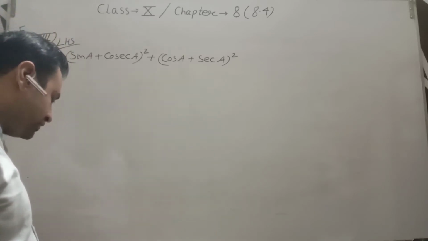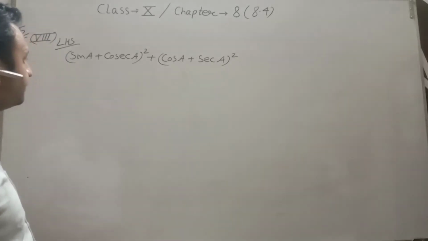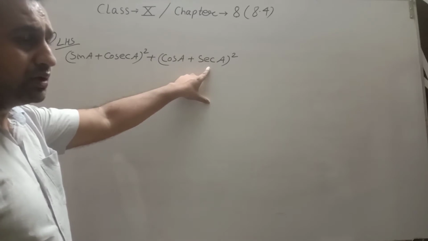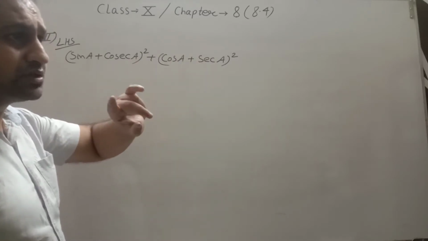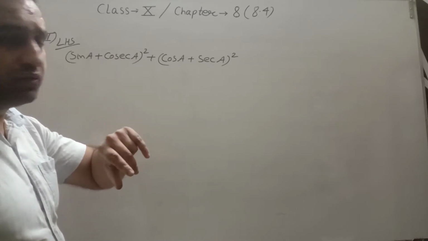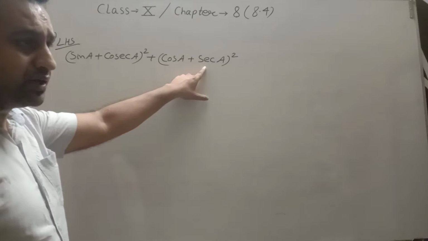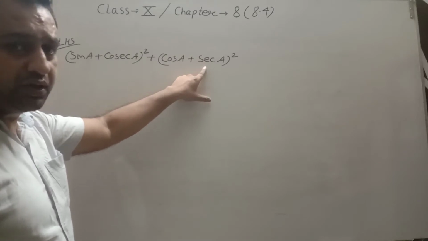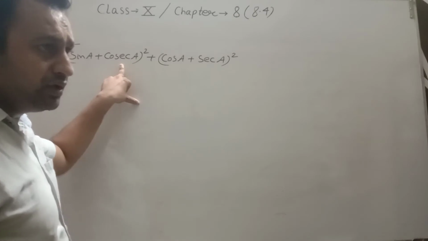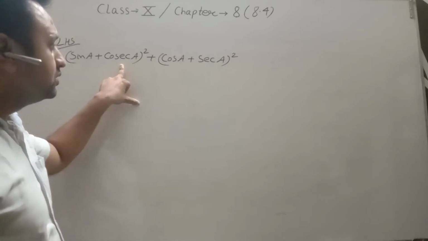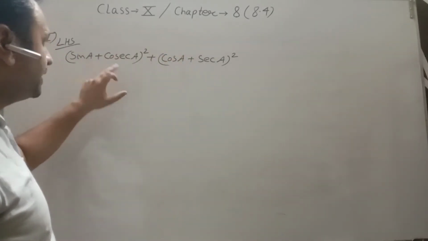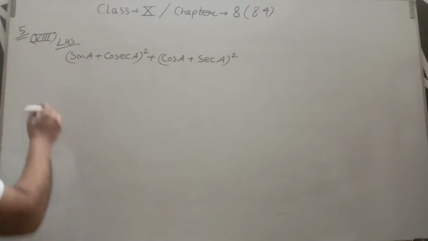We know that tan square A is contained in the formula sec square A minus tan square A is equal to 1. So if we have sec square A, then we can find tan square A, and if we have cosec square A, then we can find cot square A. So we just open the square of both terms, that is, apply the formula of (A plus B) whole square.